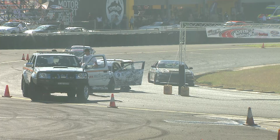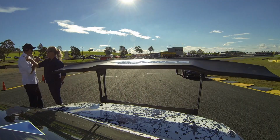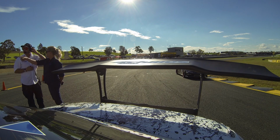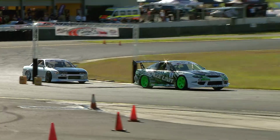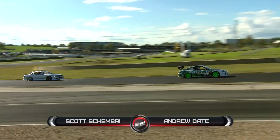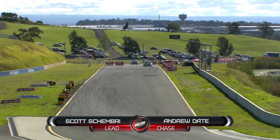Ooh, but there's problems down on the start line. Sharko rolling up, raring to go, but unfortunately it looks like there's an issue with the car. He was struggling with the power steering before, but looks like maybe the battery this time. Okay, so he's going to have to go back to the pits. He's elected to take a 5-minute break to get it fixed, which is his right. We're going to push right on now